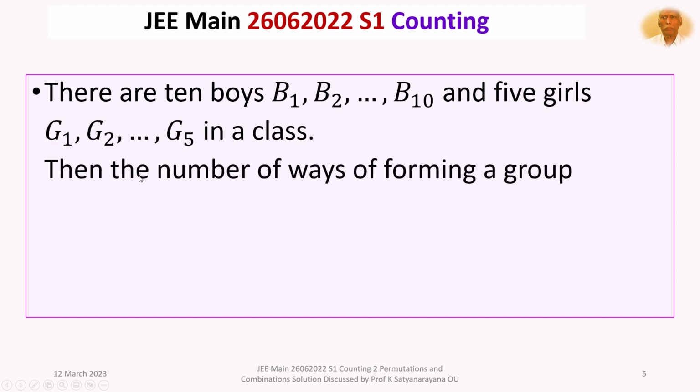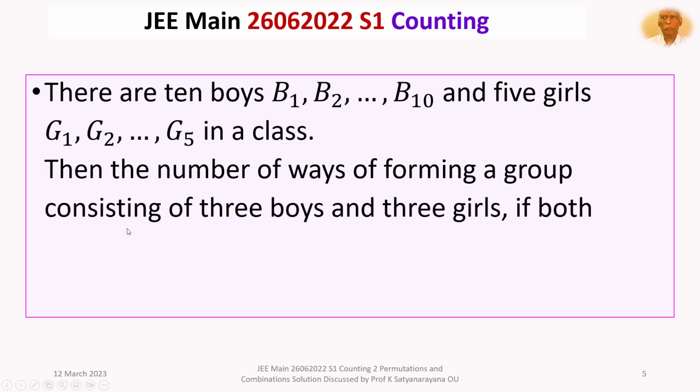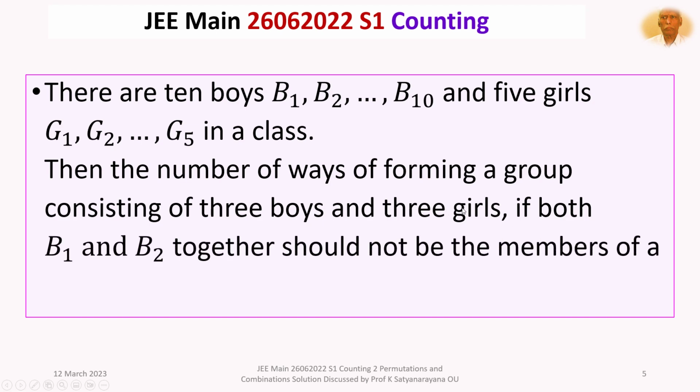Then the number of ways of forming a group consisting of 3 boys and 3 girls, if both B1 and B2 together should not be the members of a group, is